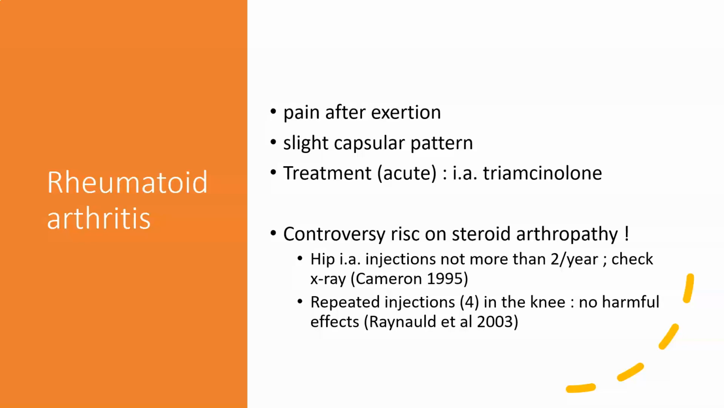According to some references, it's wise not to give more than 2 times a year a hip intra-articular injection, because it might be dangerous, because it's a weight-bearing joint, so it might be a risk for the cartilage. But on the other hand, there are studies talking about repeated injections in the knee, up to 4 injections per year, without any harmful effects short-term and long-term. Anyhow,